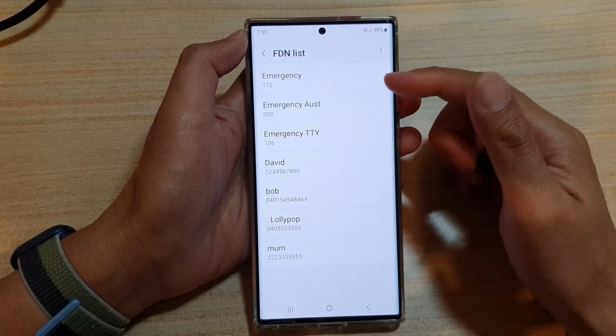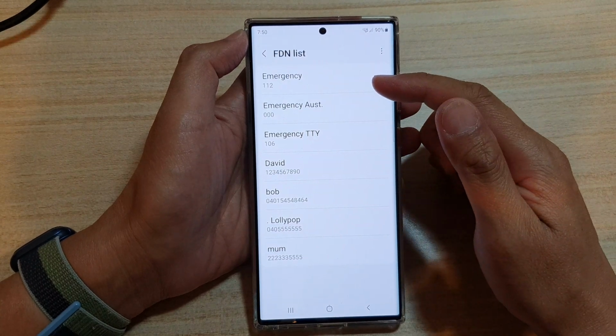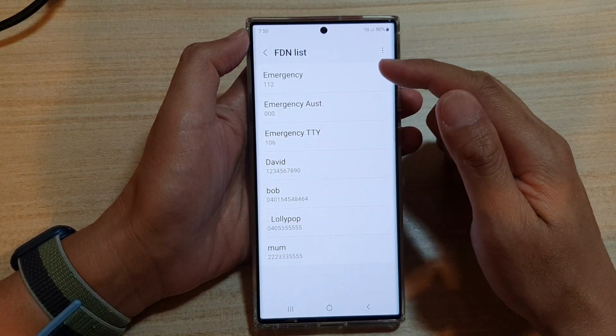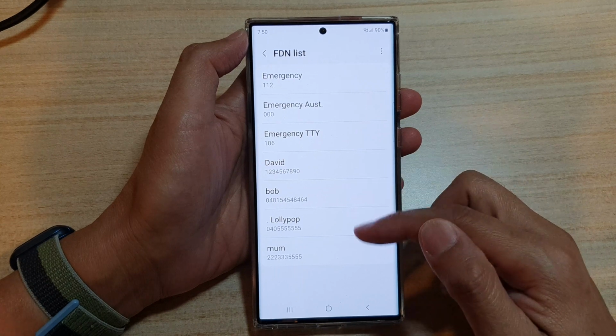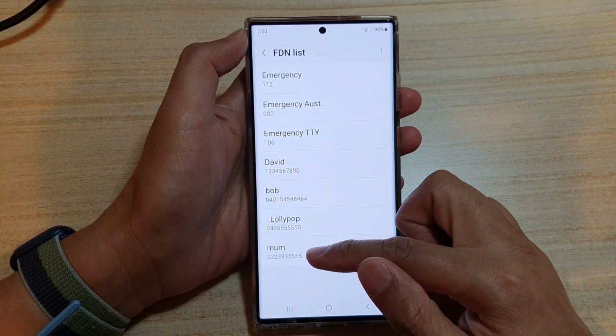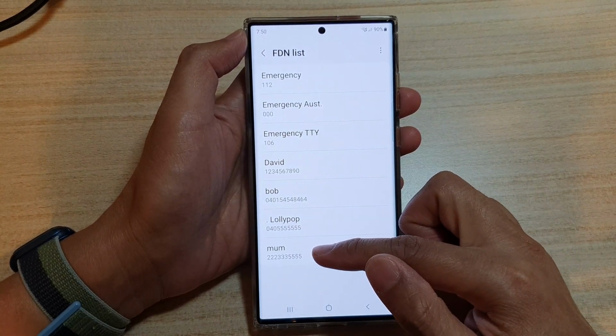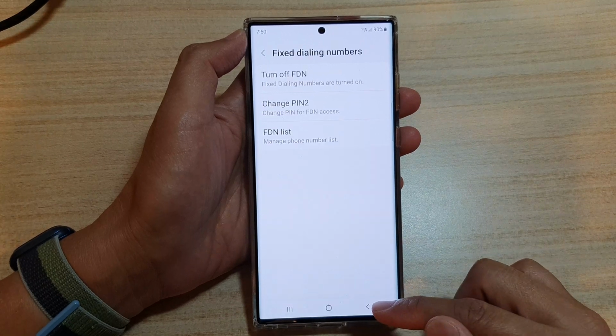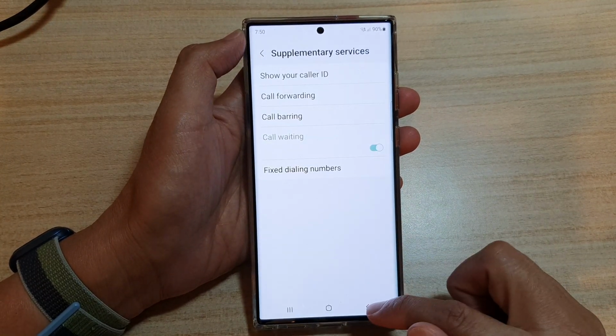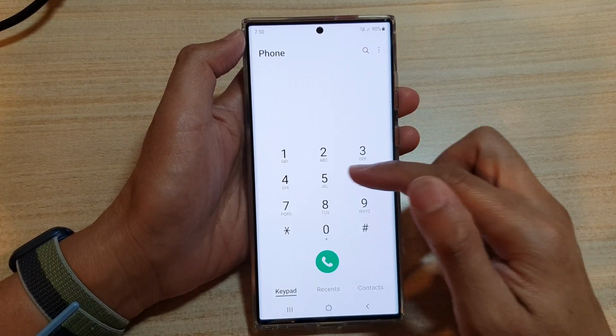Okay, so at the moment, this phone will allow making outgoing calls to the following numbers in the FDN list. So here I've got 222-333-5555. And now if I go back to the phone app,